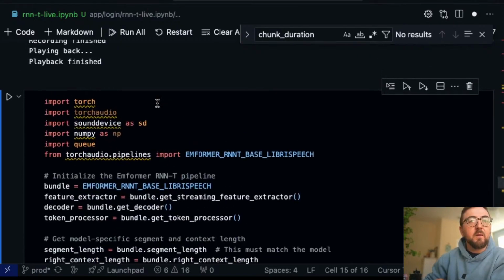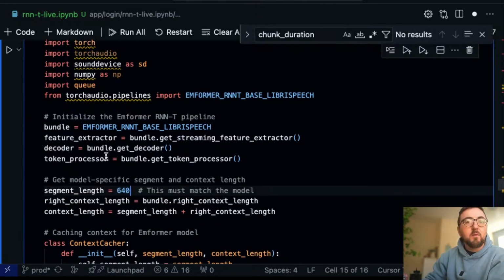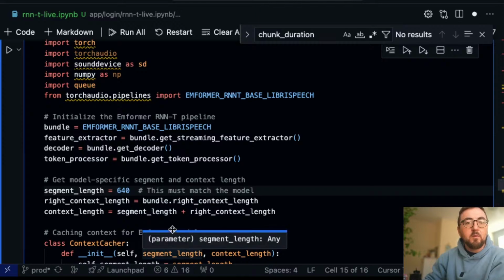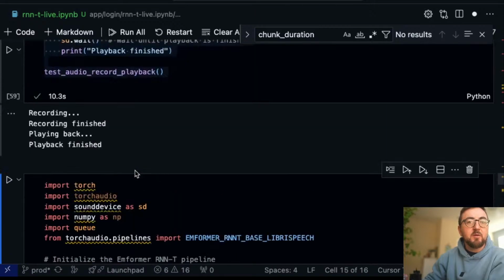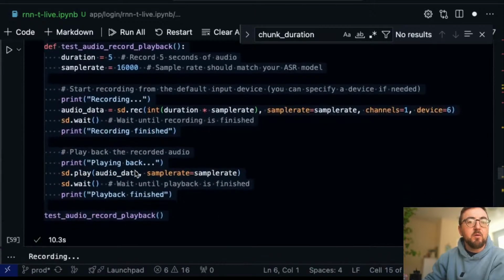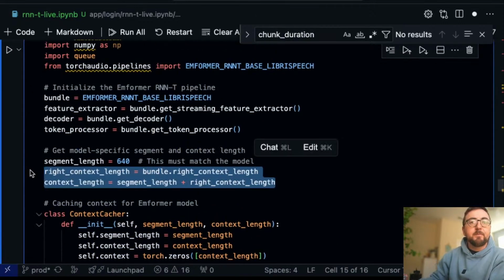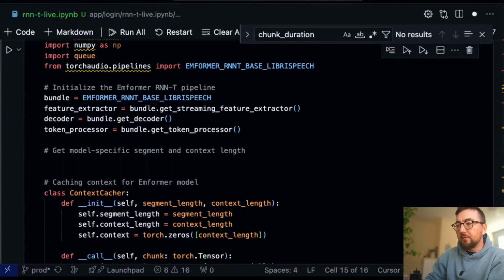Segment length. This is a test. Why don't I just copy what it had before, which was, let's see,